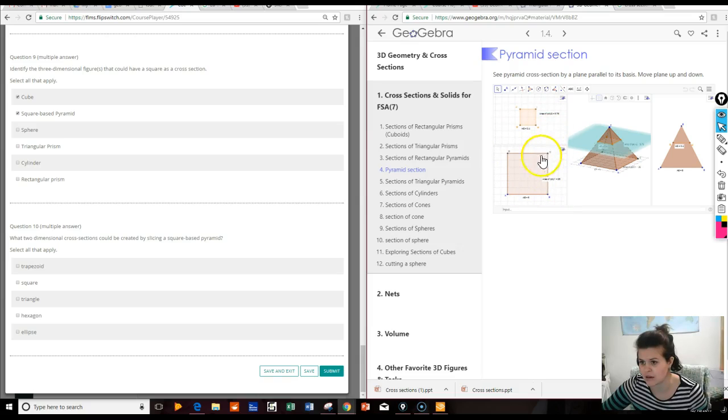Which is right here. And if you notice right now, the cross section I'm taking would be a square, and this would be parallel to its base. So we could have a square if we took the cross section that would be parallel to its base. We can also find